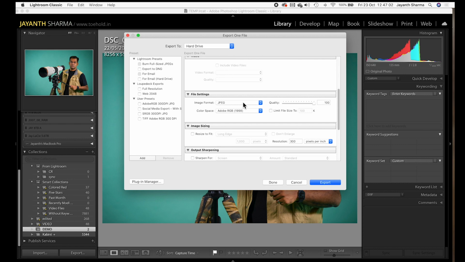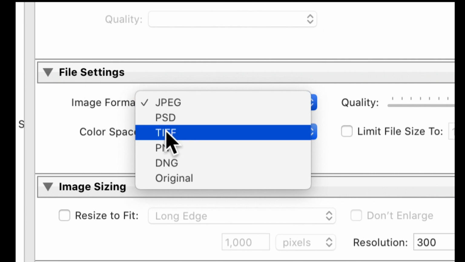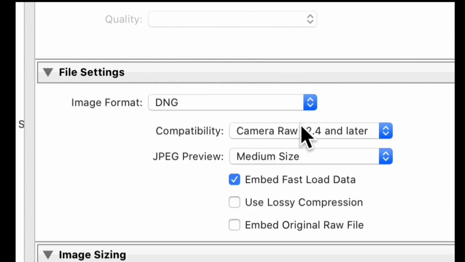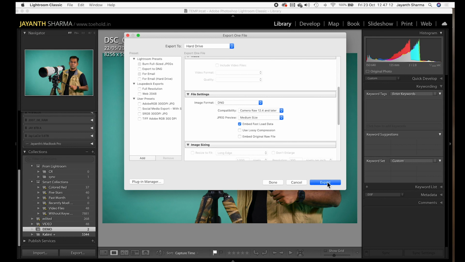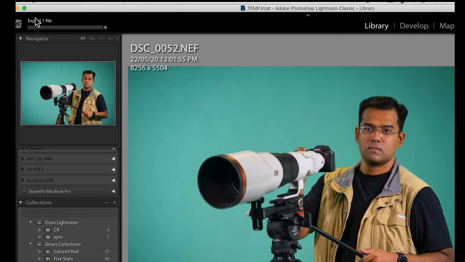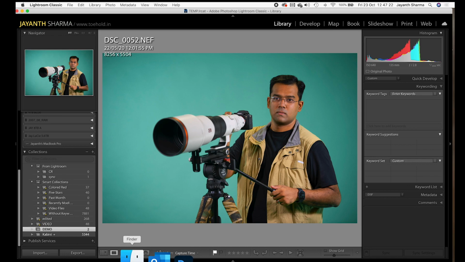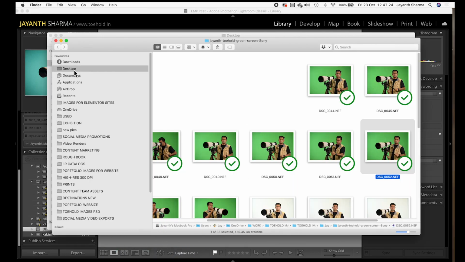Now, what is the requirement here? We need to export it as a DNG file. So if you go down into the export file settings, I can select a DNG file. When I select the DNG file and export this raw file, let's say I want to export it to the desktop, and I say open, it is now exporting this file. In a few seconds it will be done. Let's go to my desktop and see what has happened.